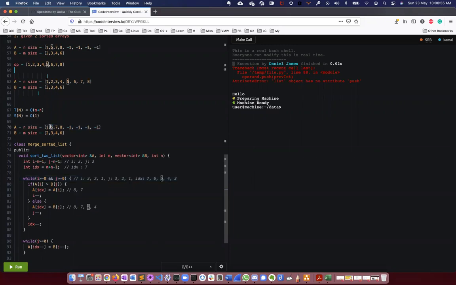5 is already processed. Something I did wrong while running the dry run. 8 and 7. Oh sorry, this is 6, right? 6 and then 7. Okay, here I have done wrong.